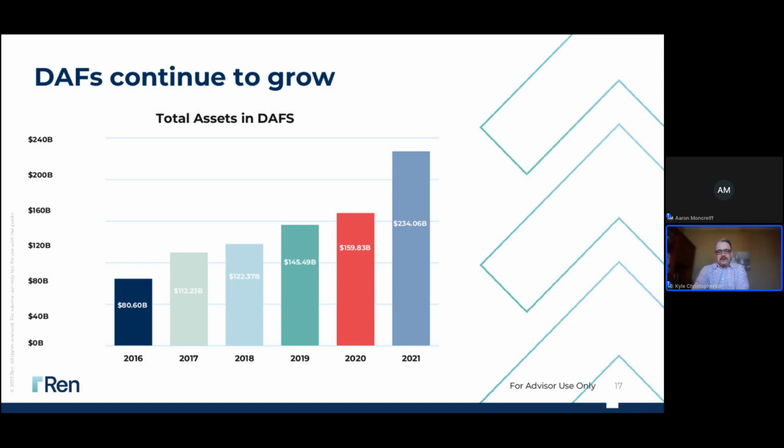Also, it's a very small amount to get you started, which means that the demographic for who this would apply to is not limited to the ultra high net worth, the high net worth, or those with significant disposable income available. This is a tool that just about everyone, regardless of their demographic, is able to participate in and take advantage of in some way, shape, or form. We have some donor advised fund accounts that, on average, might be less than $10,000, and we've got some donor advised fund accounts that are several hundred million in total assets. So again, a wide demographic of clients are going to use this tool.